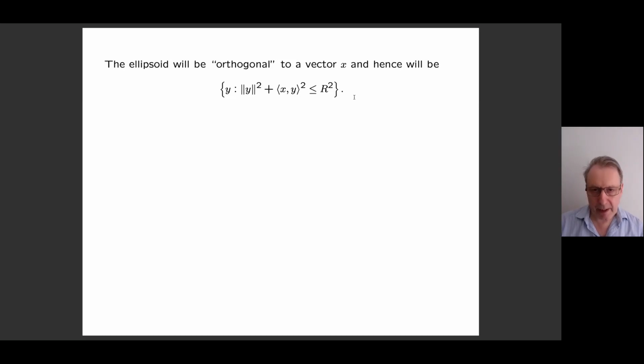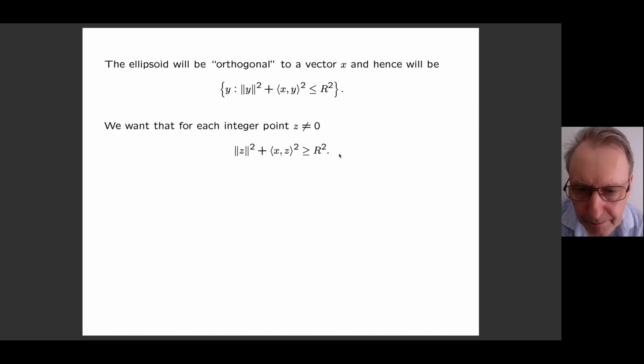And our aim is that there should be no non-zero integer lattice points in the interior. In other words, for all integer lattice points, this quantity here is at least r squared. That's what we want. And now you say to yourself, well, of course, I didn't realize this to begin with, but actually, this is